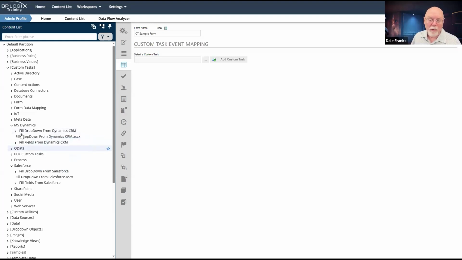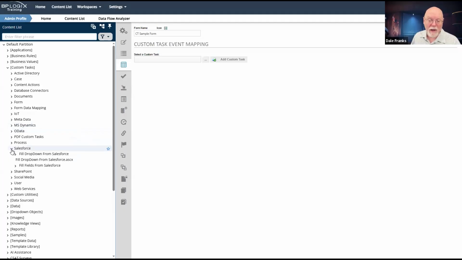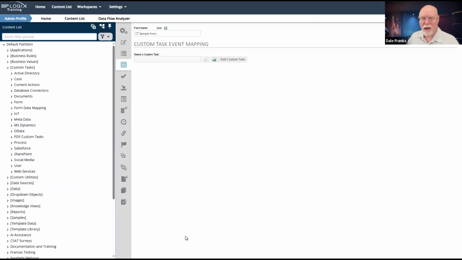But they are separately licensed, not by BP Logix, but by the company that controls the IP now for the OData connection. That company, again, is named CData. They acquired those licenses and they control the licensing terms for those connectors. We do keep them in the product because we do have a fair number of customers that use either Salesforce or Microsoft Dynamics, and so they remain in the product. However, they're non-functional for all practical intents and purposes unless you buy a CData license.